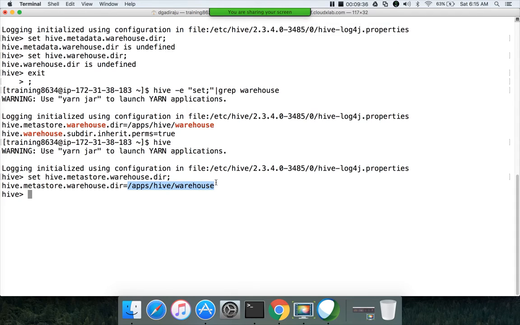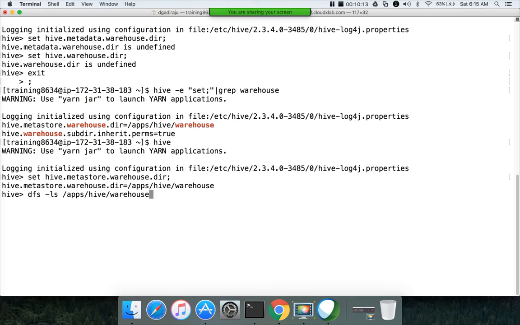And now you can use DFS. DFS is similar to Hadoop FS. So earlier, to interact with the file system in Hadoop, we used to use hadoop fs in the command line. So DFS is an alias for hadoop fs in the Hive command line. So if you have to run this command outside Hive in the terminal, you have to write hadoop fs -ls. Here you just say dfs -ls apps hive warehouse.